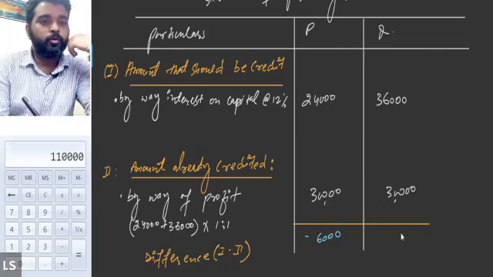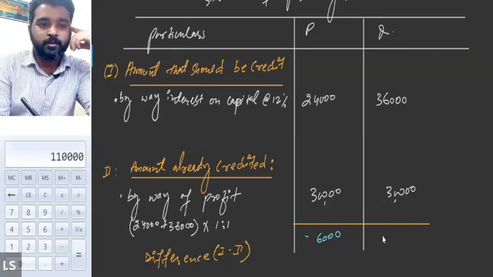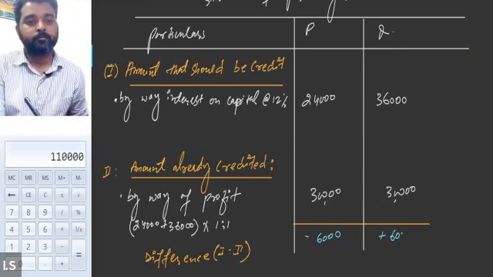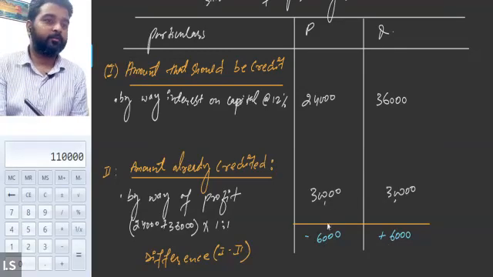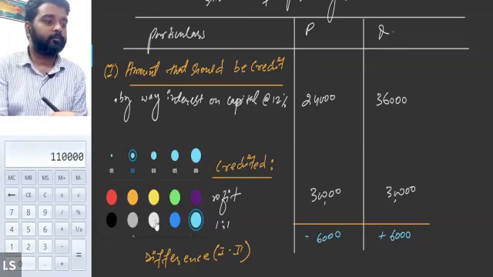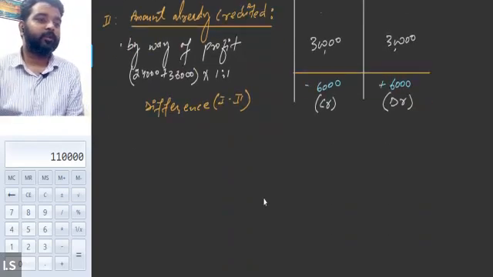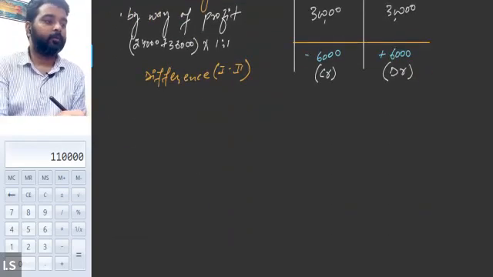Similarly, Q should have got 36,000 but actually got only 30,000. That means Q was underpaid by 6,000, so we will have to pay him 6,000. And I have told you that a partner who has a negative balance needs to be credited, and a partner who has a positive balance needs to be debited. So in this question, the journal entry to rectify the error that we will pass is